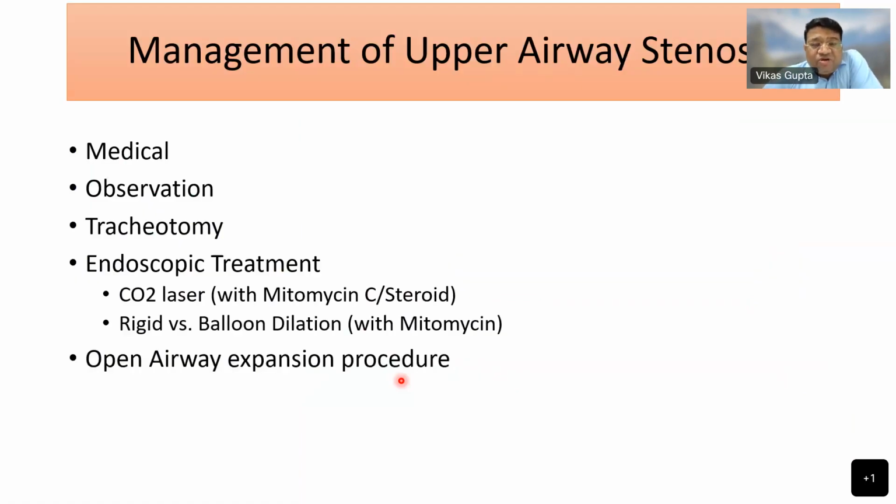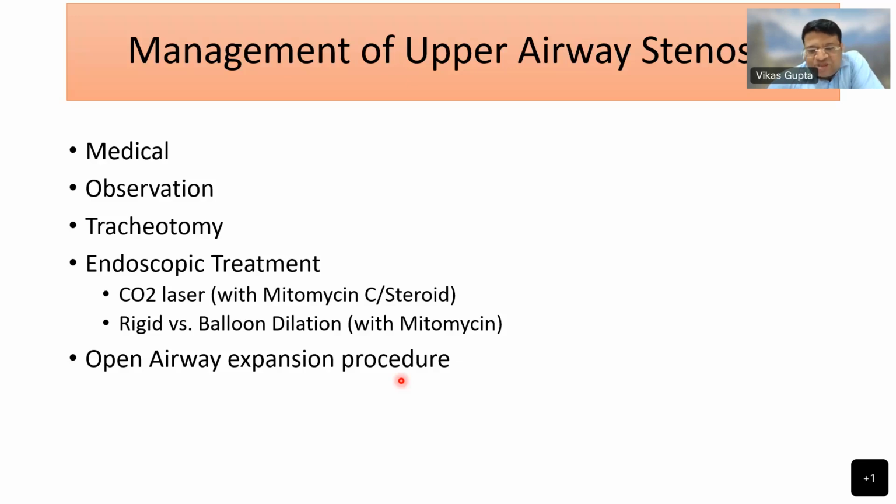Not all of us would be treating these stenosis patients, but we should know what is to be done and what is not to be done. So we should know the management options. How do we manage upper airway stenosis? The options are medical management, observation only, tracheostomy only, and then definitive treatment options like endoscopic treatment, that means recanalization of the airway by endoscopic measures, or